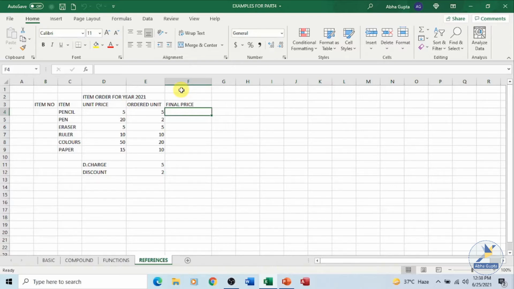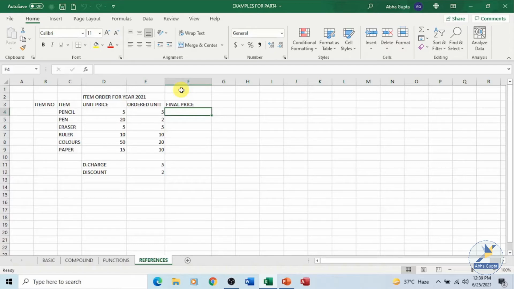Relative cell referencing is when a reference to a cell or a range of cells in a formula is based on its position relative to the active cell. In this case, when we move or copy a formula to another cell, the reference changes automatically.